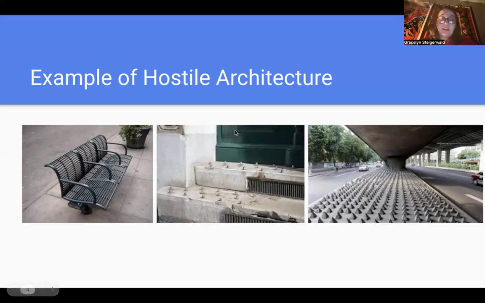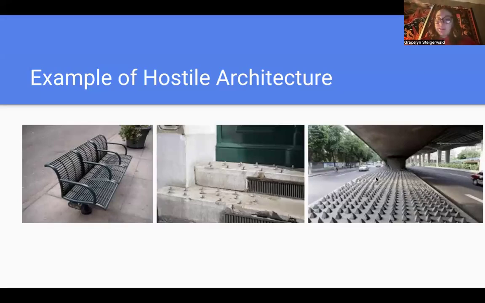Next would be right here. This is the spikes on doorsteps. This is typically in more of the private setting or along a strip of a city. These spikes typically aren't sharp, but would obviously be very painful to lie on, or just take a seat on a step to get some shade. A purpose of this is to remove the association of homelessness in the business or to give room for people to enter the business if for some reason somebody would be sitting on that step during open hours.